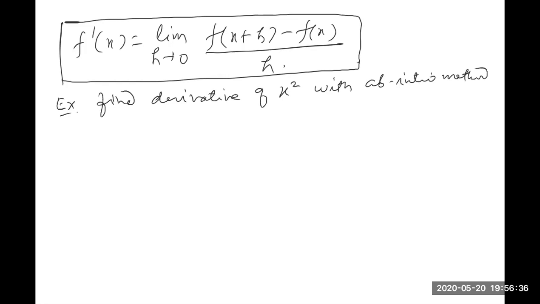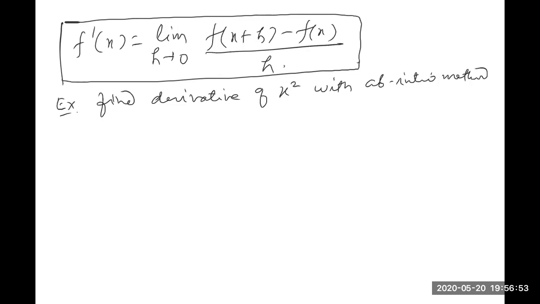See, direct answer, you know, 2x. But how is that 2x coming? Why is the derivative of x raised to power n equal to n x raised to power n minus 1? So the derivation of that formula. So far you have not done these derivatives. That I am explaining here now.